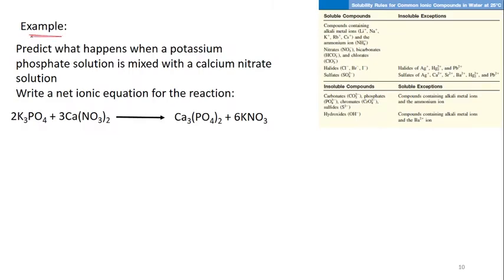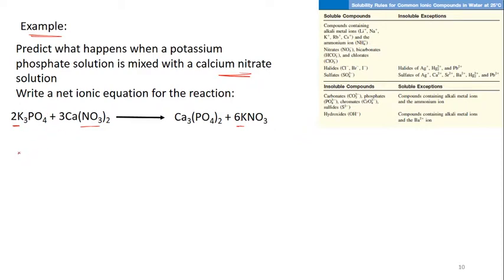Now let's take an example to predict what happens when a potassium phosphate solution is mixed with calcium nitrate solution. So I have to write my net ionic equation, but first I need to look at whether my equation is balanced or not. So first step, I have to balance my chemical equation. I could see here that it is already a balanced chemical equation. I have here 6 potassium, and the number of nitrates are equal on both sides, calcium and phosphate. Now let's write